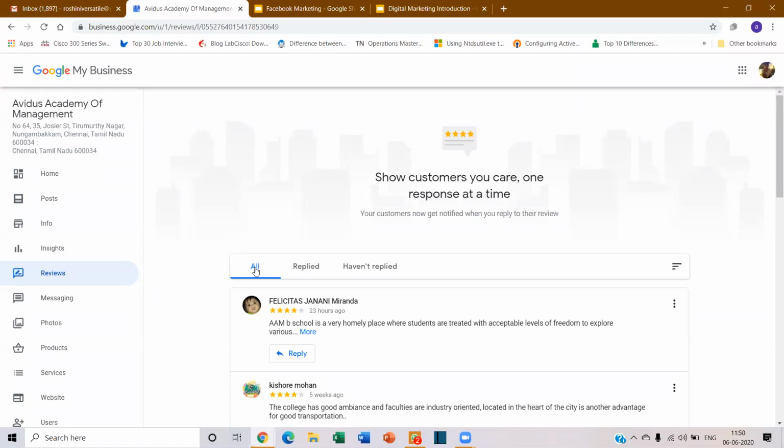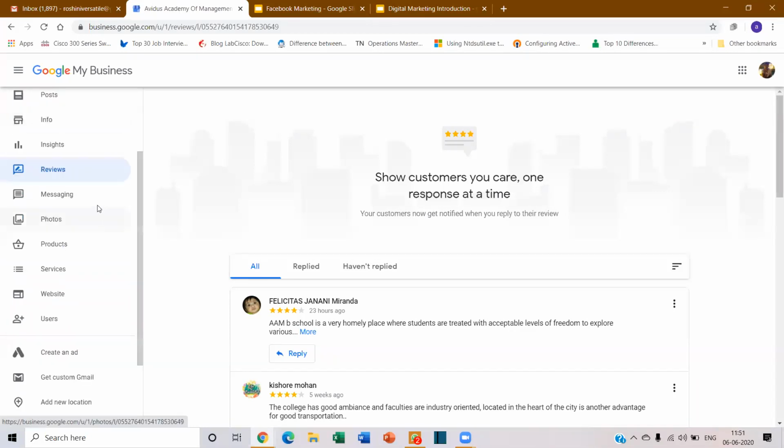Google algorithm ranking is completely based on how your reviews are, what your ratings are, and how curated your content is, and whether your search engine presence is really coming in or not. That is how it works. So this is basically the reviews, and where you can see all these reviews. You can ask people, and whenever somebody gives a review, this is where you can see it.